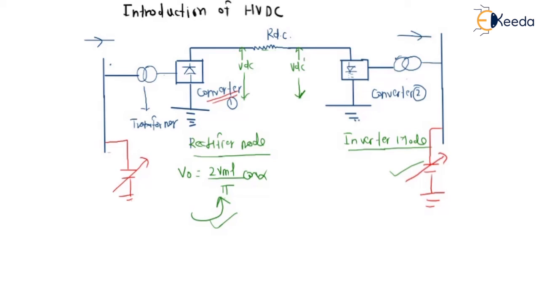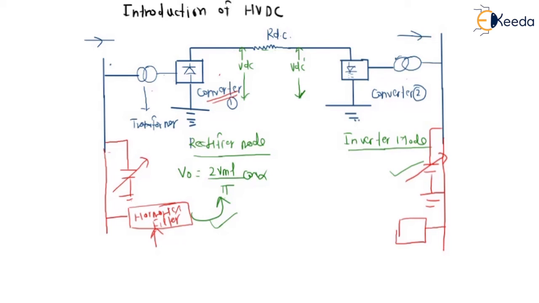When you study in detail, you will see that a few harmonics will also be generated. So here there has to be a harmonics filter. And always remember, two types of harmonics will be present here. When we convert from AC to DC, the AC side harmonics will be different and the DC side harmonics will be different, so these harmonics need to be filtered. So harmonics filters will be applied here.